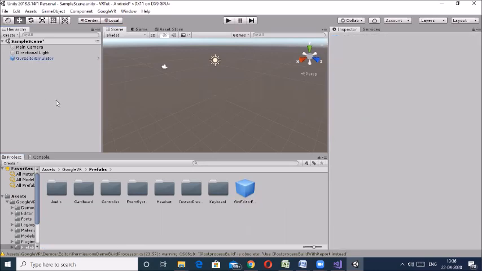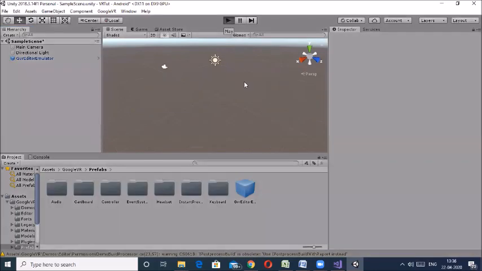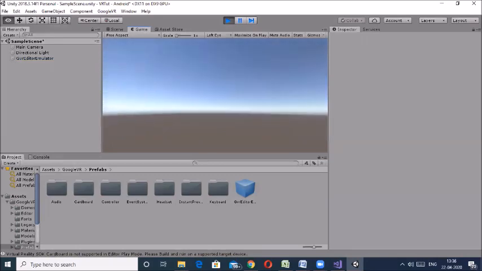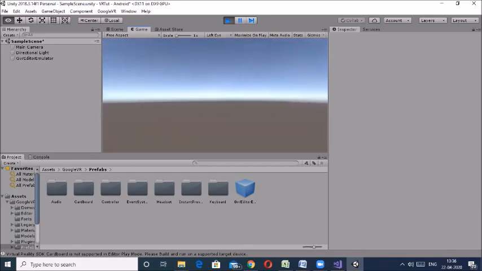What is the benefit of this GVR Editor Emulator? When you press the play button and press the alt button, you can move the screen according to your mouse movement.